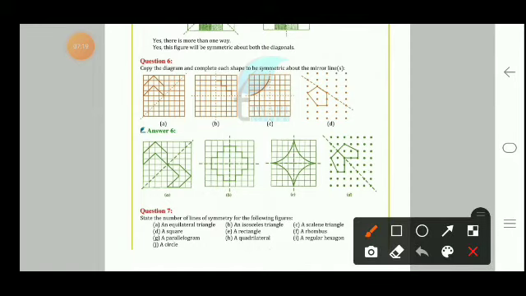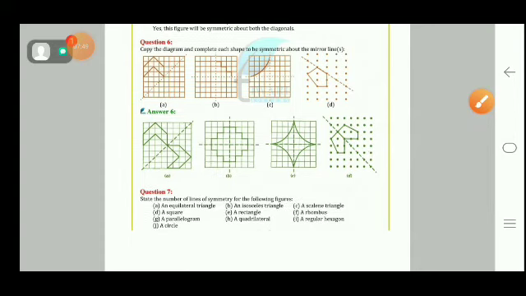Okay, so looking here carefully, this side is given. Now we have to draw the same on the other side also. So in this way we will draw it, and we will get the symmetrical figure. In this way also, just we complete this, we'll get a symmetrical figure like this. Here also we get a symmetrical figure like this, and in this we get the symmetrical figure like this.